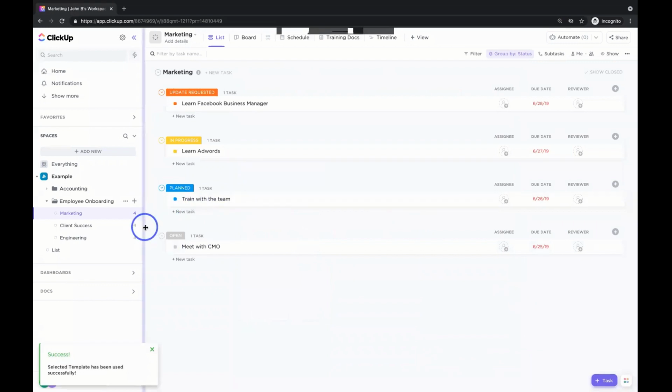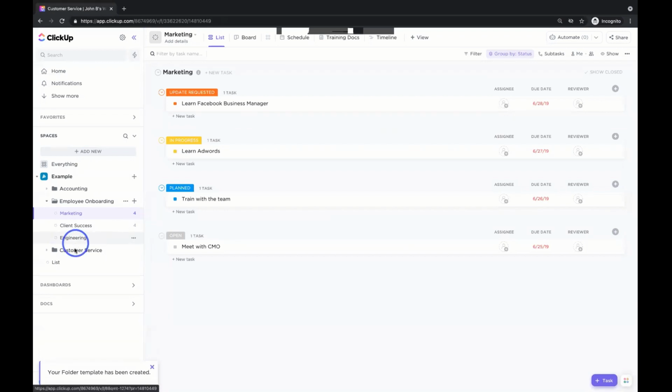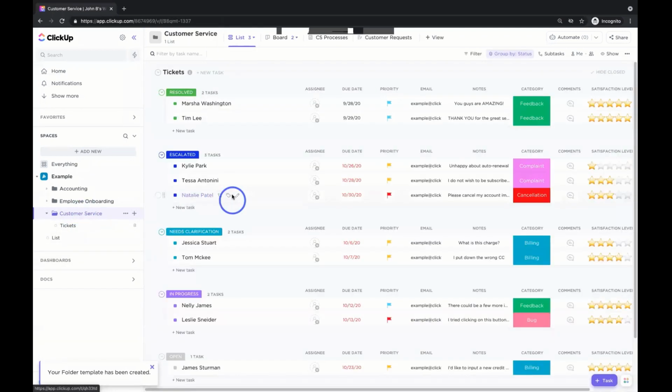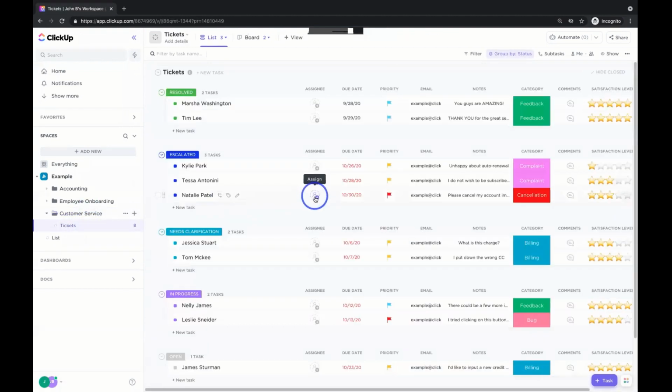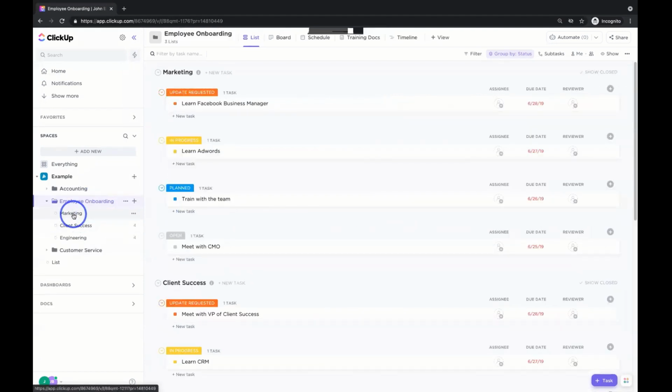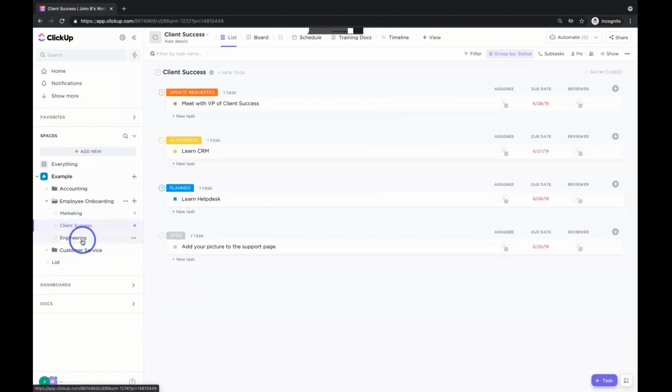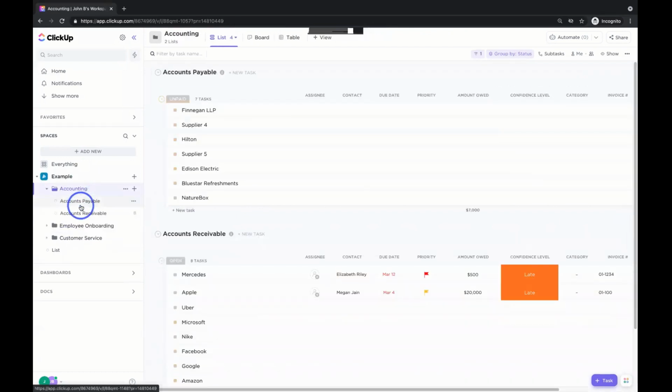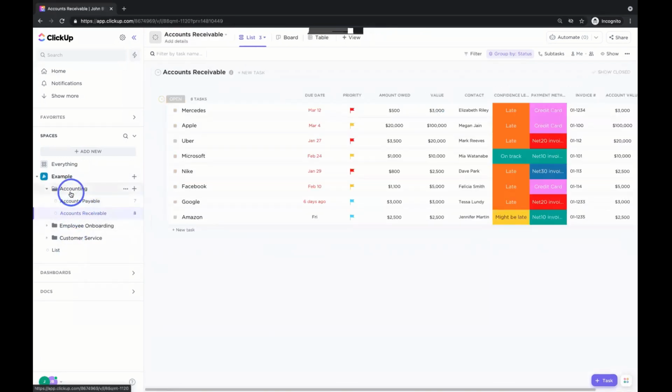So again, folks, generally speaking, you can add those templates into your account, and when you add them in, they're going to come fully fleshed out. They're going to contain those tasks for you. As you notice here, we do have a customer service folder that we're using. And inside of that, we can see different tickets or things that we're doing for customer service. Each list that we have is populated by different tasks. And if we click into any particular folder, we can see those lists that are in that particular use case.